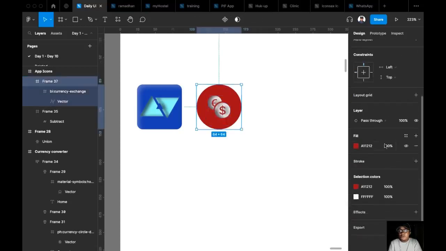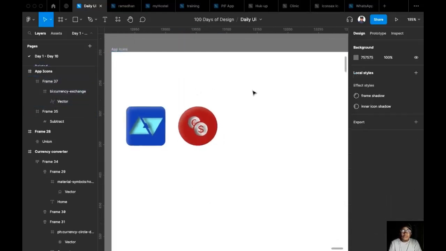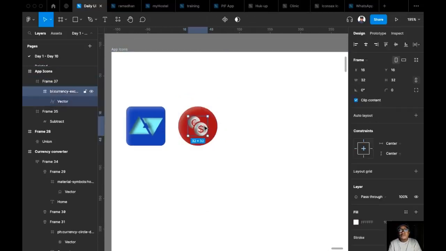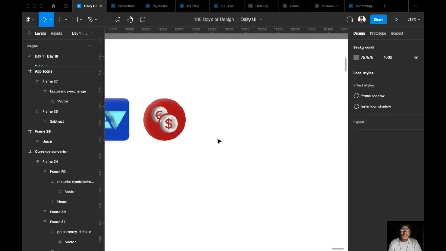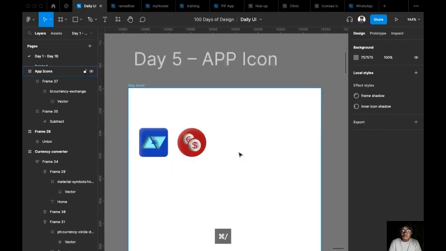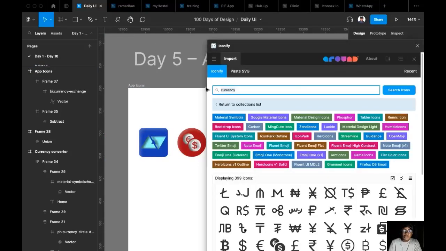And the outer one, we're going to apply the frame shadow to it. And once and for all, we have another icon. If we like, we can increase the size of this to maybe 40, for example, and centralize. So this is another app icon. If I need to design another one, let's say for example something like Bluetooth, I'll just search for icon here and say